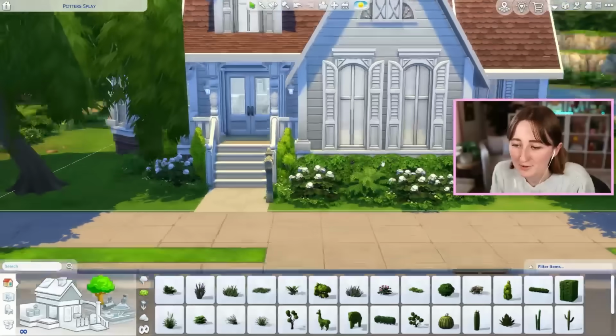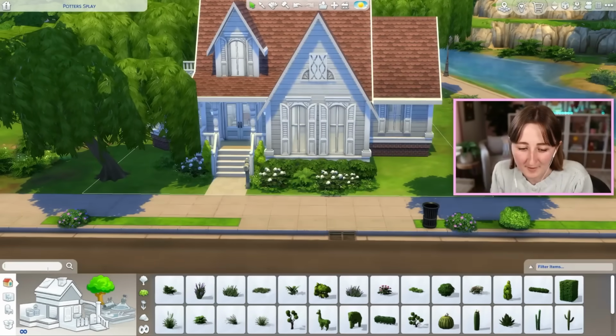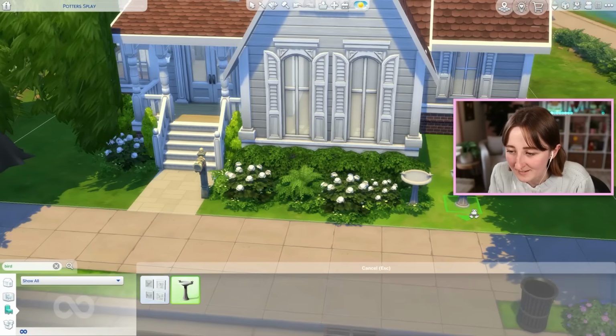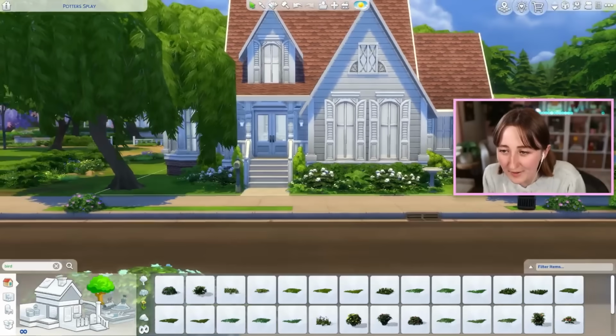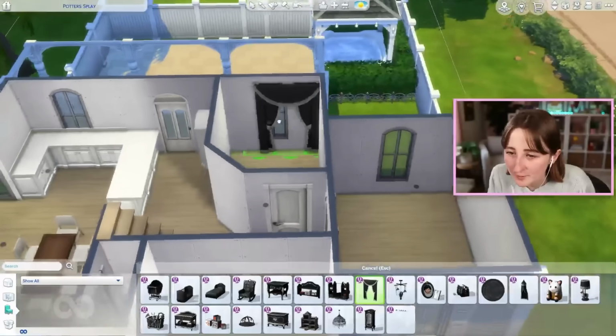I don't mean to rush through this part, but I do think that the landscaping is probably the least interesting part of this build, just because there's no new landscaping or outdoor stuff at all from these kits. The fun part will be the inside, but we do have to get to that part first. And I think with that, honestly, all of the outside could be done. So let's start furnishing. And I think I want to begin with the kids' rooms because that's the most fun